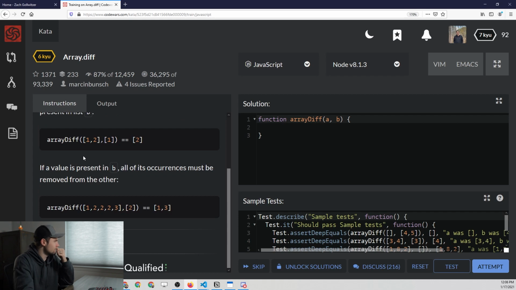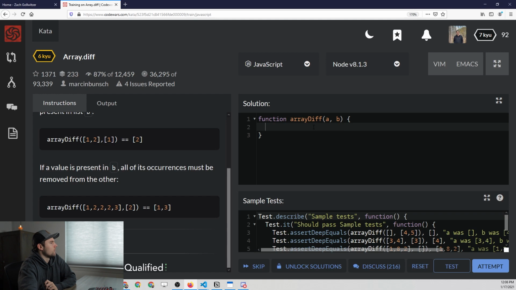Okay, so looking at this, we see that 1 is in both of these arrays, so it's going to remove that and leave us with an array of 2. In this one, we have 2 present in both arrays, so we're going to remove that 2 and we're left with 1 and 3, which gives us our result. So that's basically how this is working, and hopefully we can use one of our built-in methods